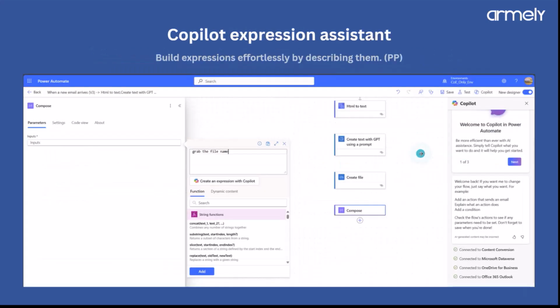Moving forward, we have Copilot Expression Assistant. I don't know if one of us known as Leonard has changed his mind about copilots, but at this moment, it's something that you can't run away from. So previously, when you're building with Power Automate,